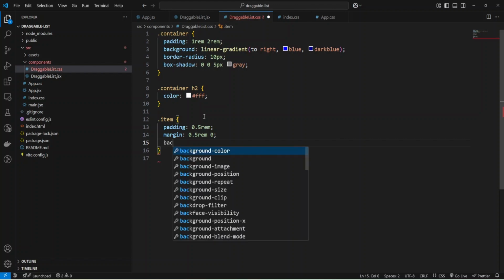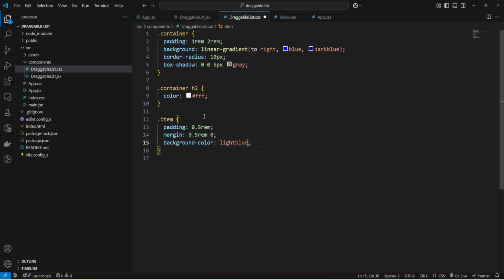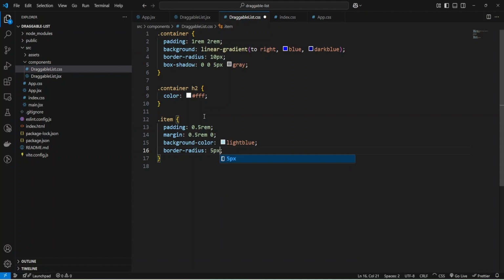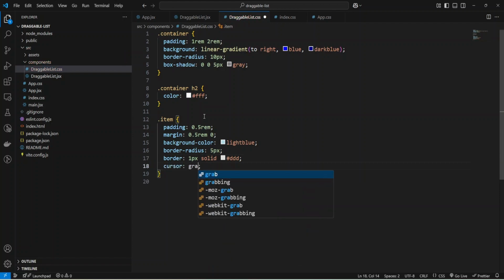And I'm going to add background color and make it light blue, and also add some border radius, 5 pixels, and also add some border, 1 pixel, solid, and add some gray color. Okay, and let's make cursor grab. Okay, and let's check again.